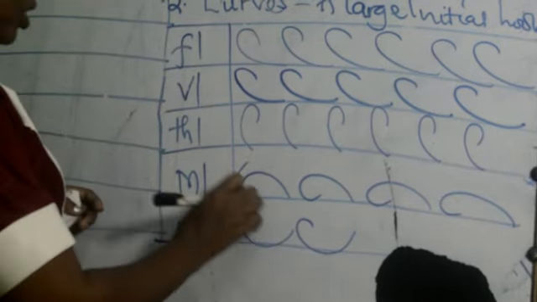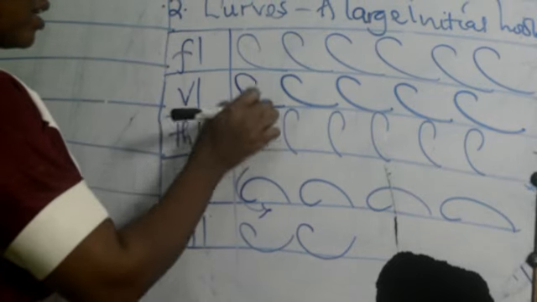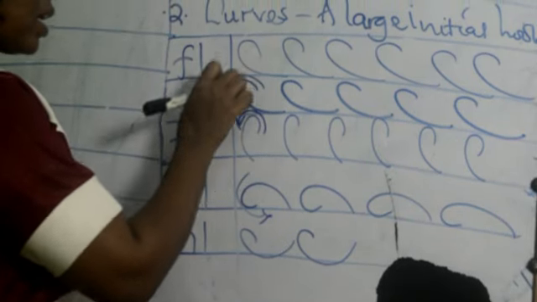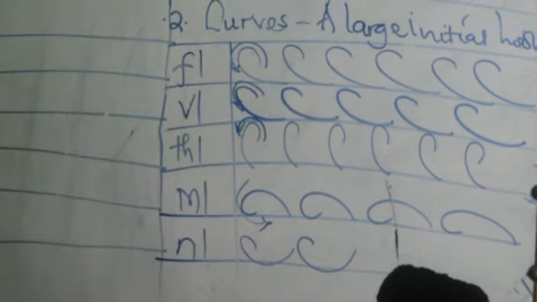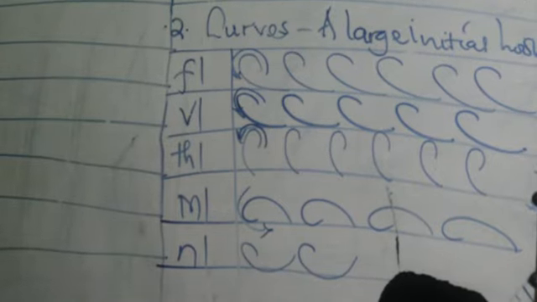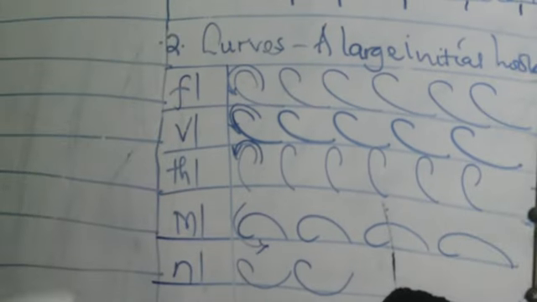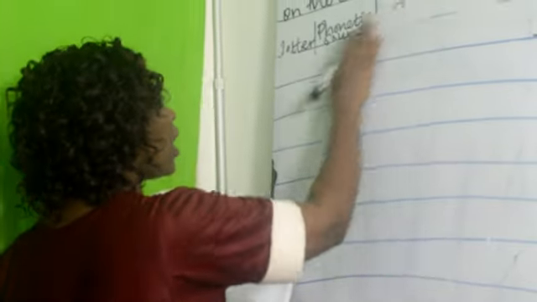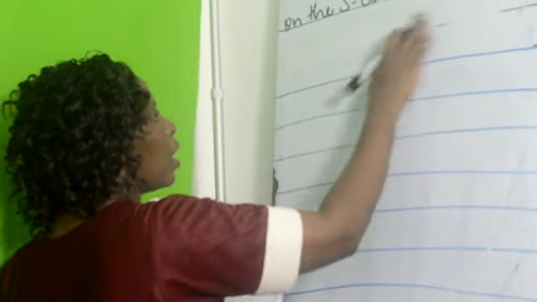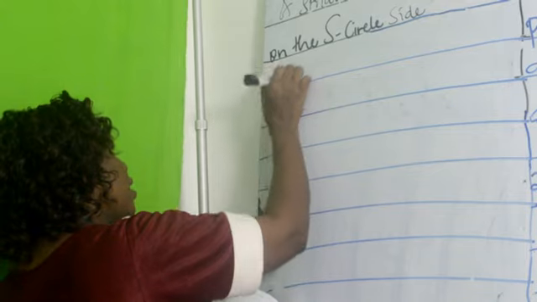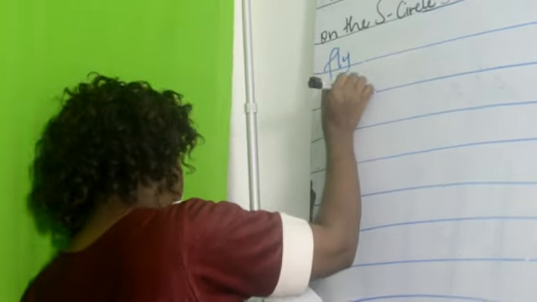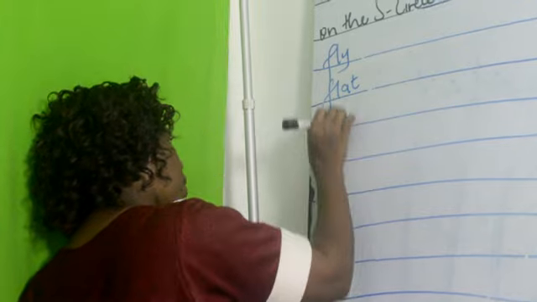And this is the direction of drilling. The direction of drilling is like that. When you look at the outline, that is the direction of drilling such outlines. And now we have examples of some words that are drilled using those enlarged initial hooks. That is enlarged L. And we have words like fly, flat, flowers,